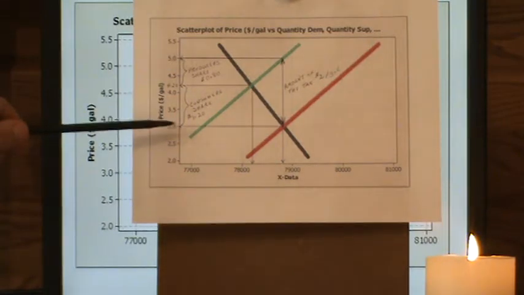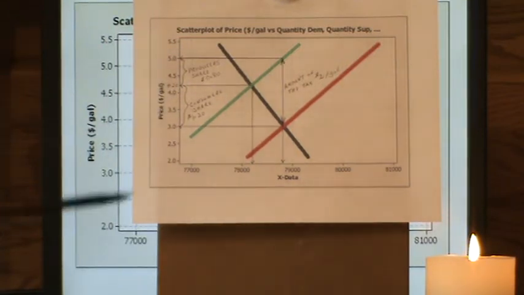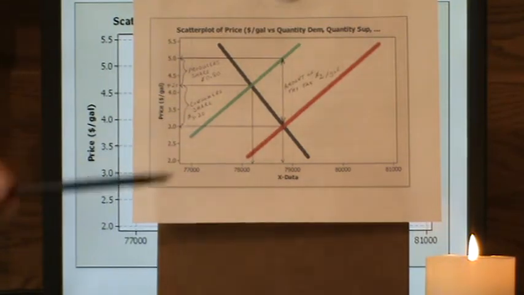In fact, from the consumer point of view, they've gone from paying $3 per gallon to $4.20. So the consumer share of that $2 tax is a $1.20 increase that they're paying. Surprisingly, it's not the full $2 increase. They're only paying $1.20 of that $2 excise tax, 60% of it.